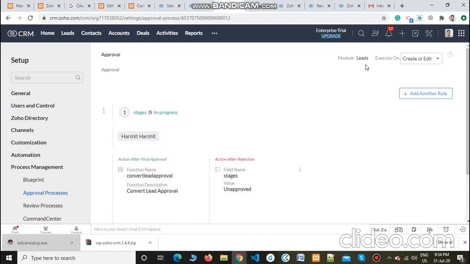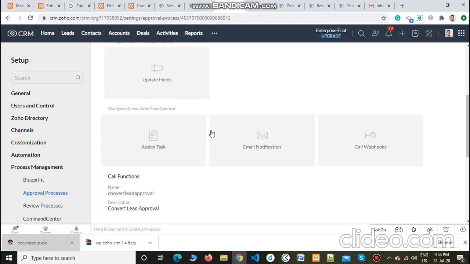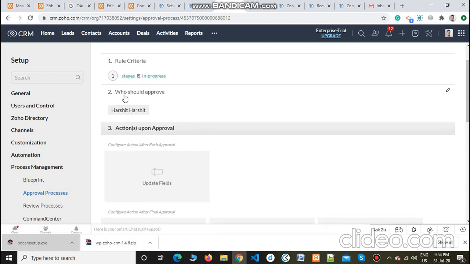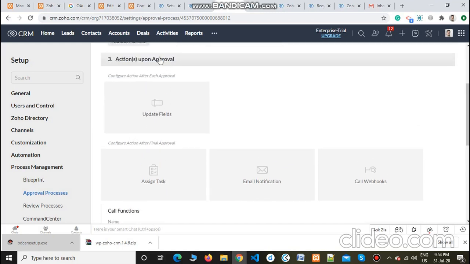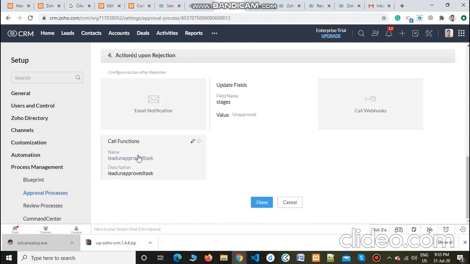In the leads module, if the status is in progress, then we have to perform certain actions. The admin would approve the lead, and if the approval action is sent, then convert the particular lead, and we need to approve the task.